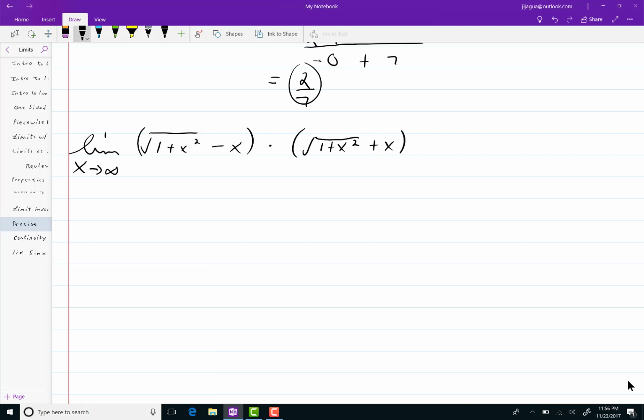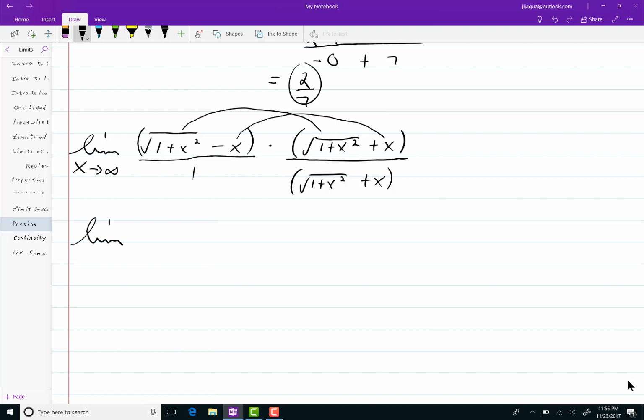So I'll multiply it by the square root of x squared plus x. Let me make it so I do the same thing to the numerator and the denominator. And this other fraction, I'll call it a fraction because I'll write it as over 1. But when I multiply this out and I do the FOIL method, you'll remember that the middle terms all cancel out. And I'm left with